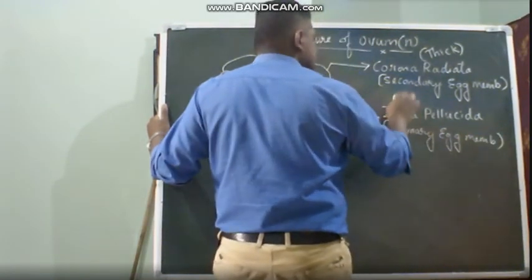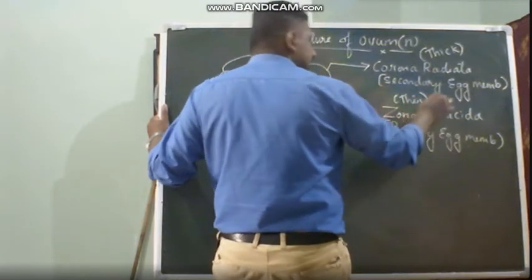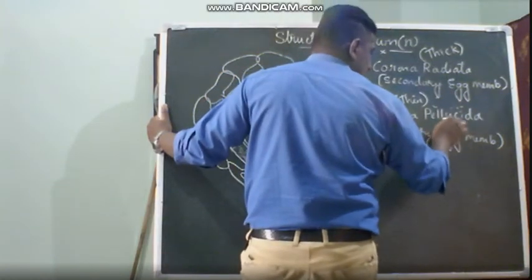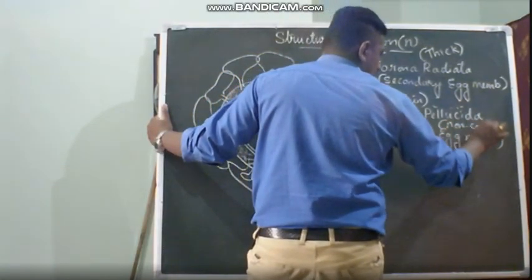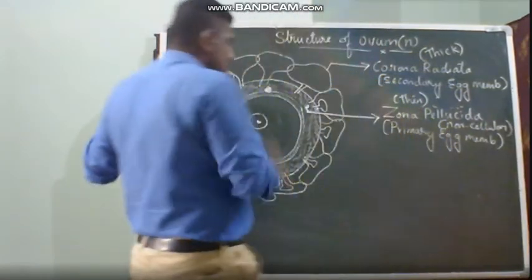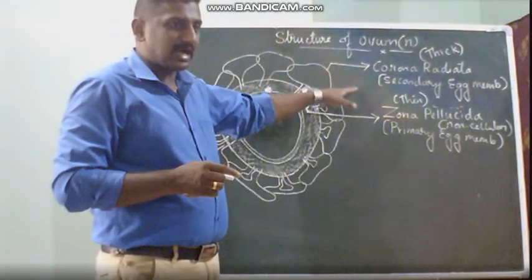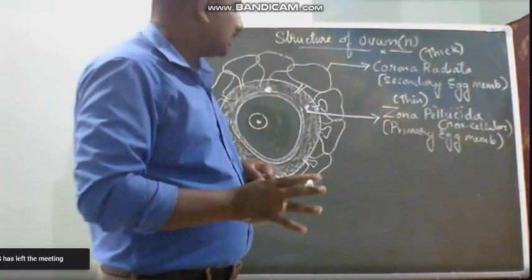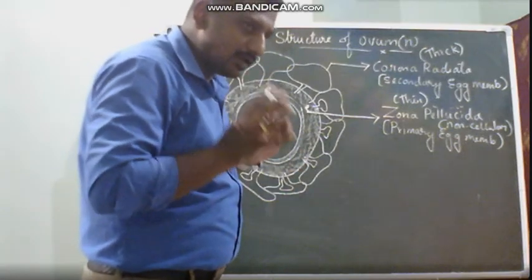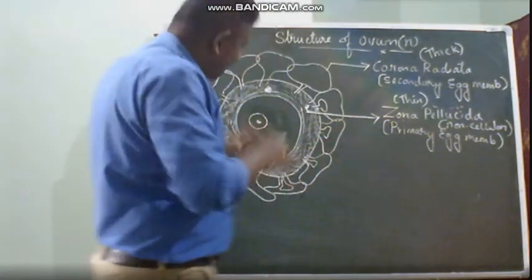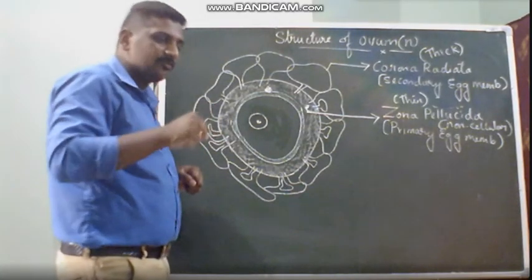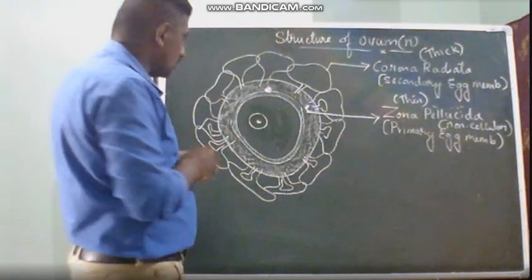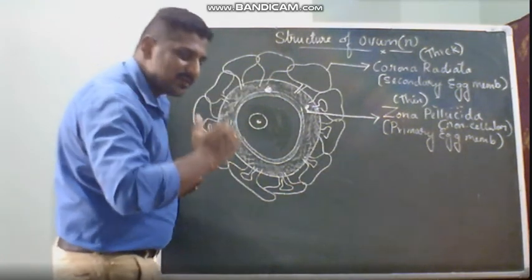And this membrane is generally a very thin membrane, and it is a non-cellular membrane. So both the membranes, that is the corona radiata as well as the zona pellucida, are involved in blocking polyspermy. That is how it occurs, by some membrane receptor mechanism, acrosomal reaction and so on. So involvement of sperm is also there. I will be teaching you that in the events of fertilization.